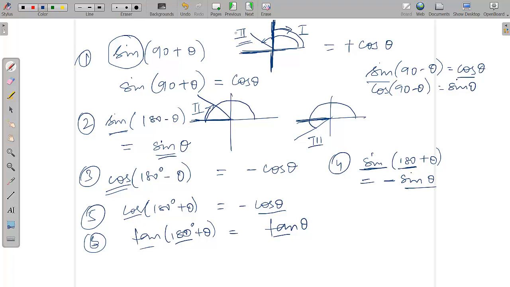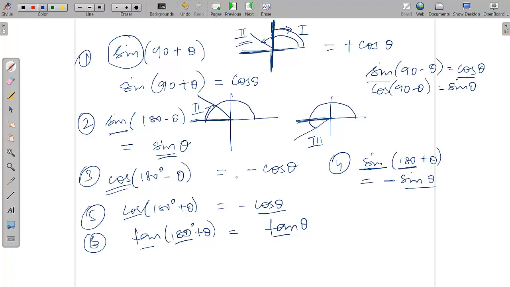These things you will anyway be studying in maths, but I just told you how to remember them in the form of some tricks, or in this quadrant system, so that you will never get confused while solving the questions. Because all these things will always come up when you are studying waves, or when you are trying to solve questions in which trigonometrical functions are there. So you will find that you will need this kind of formula.